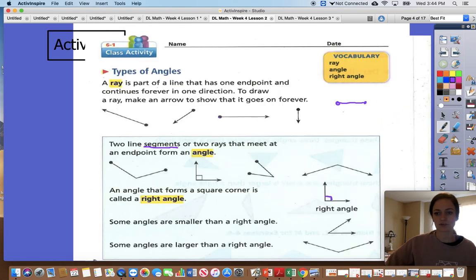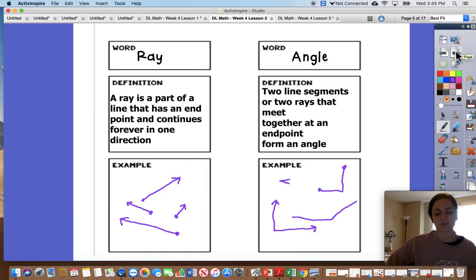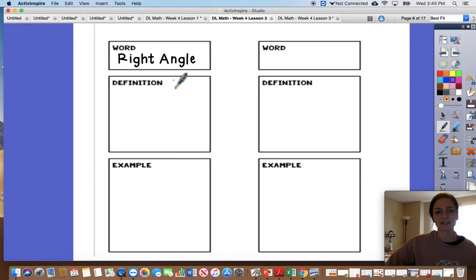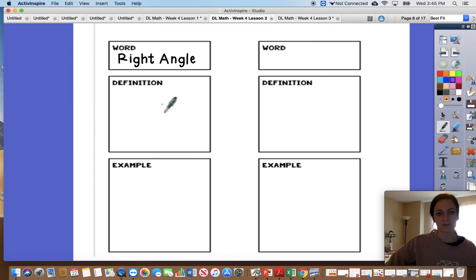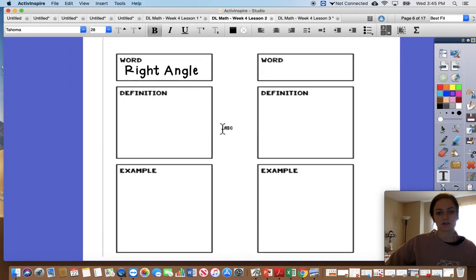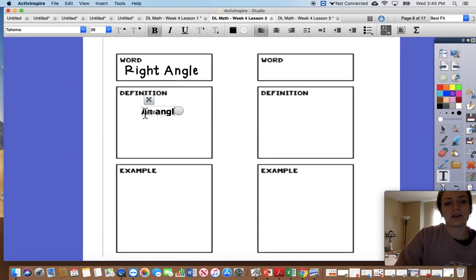Okay, so I just want to make sure we have everything from that page. Good. Again, pause the video if you need to copy down the definitions. All right, then we learned about the word right angle. So a right angle is an angle that forms a square corner. So I'm going to put, an angle that forms a square